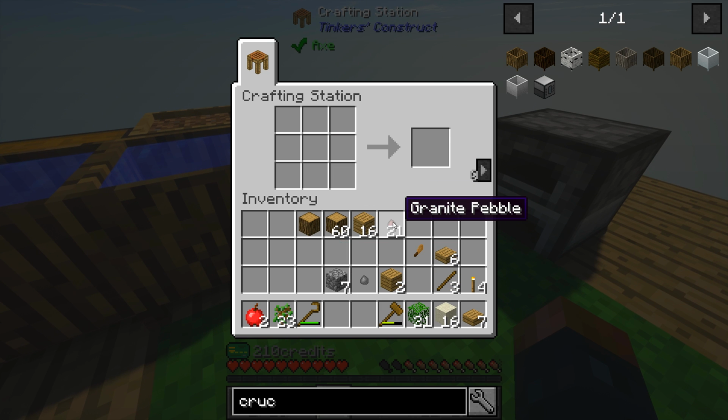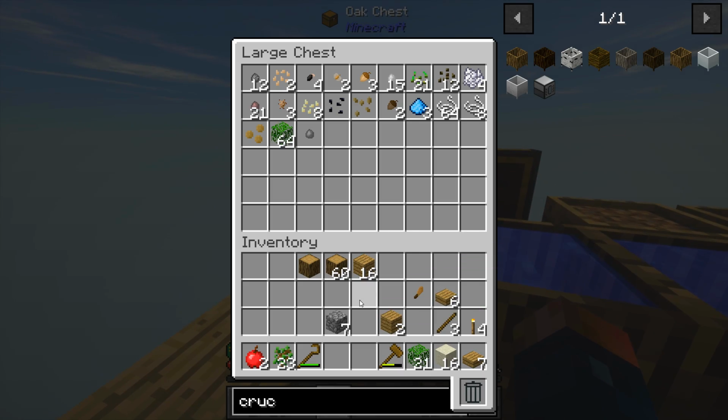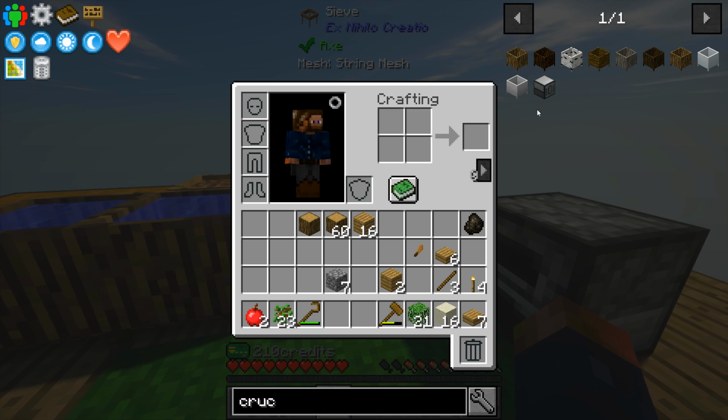Oh, no. What is this? Oh, it takes a full thing to get that turned in. Oh, well. Not worried about that, then. So we do have our 1 furnace here. So you look at our quest book. We need to make the Crucible. Now, the Crucible